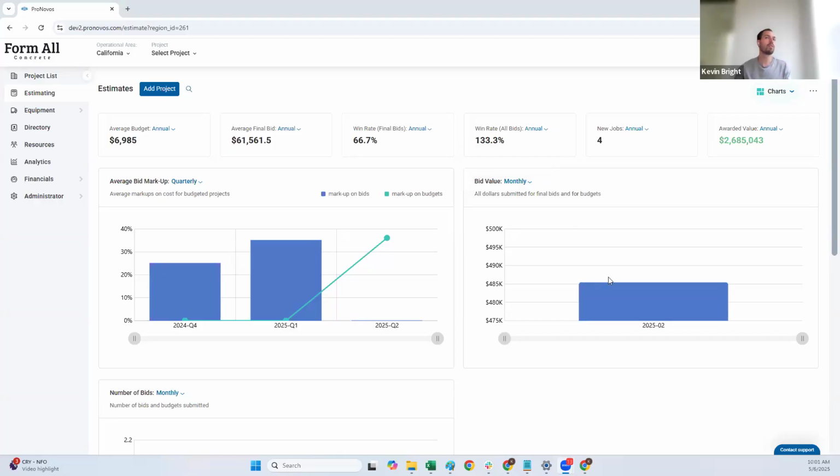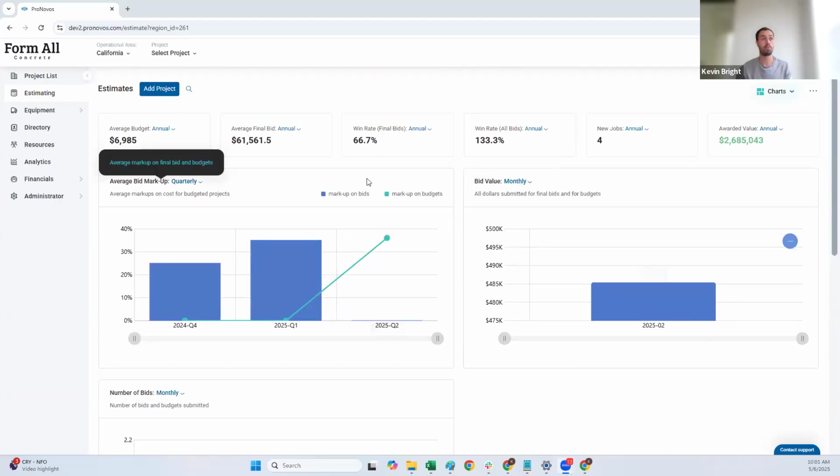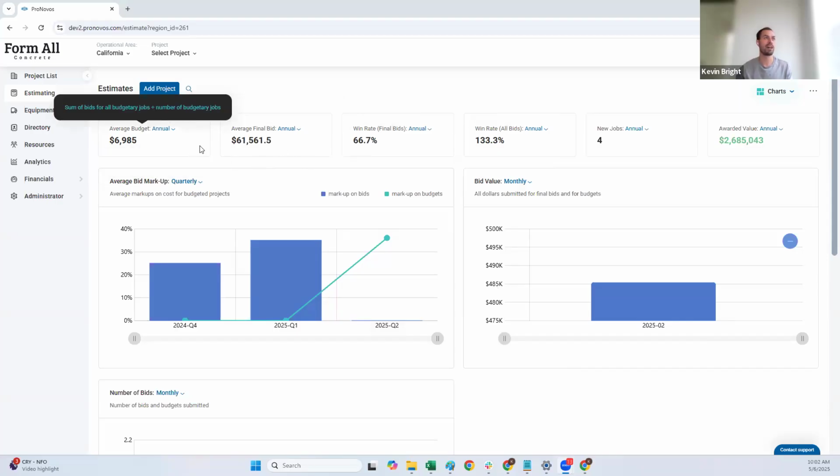Yeah. So the first thing you'll see when you go to the estimating module, I should say not yet, but when we release it, is up at the top some KPIs that tell you how you've tracked against the different estimates and projects that you've bid on so far. For those familiar with the WIP or the cost forecast tool, we've tried to recreate the estimating module in that same style, not only listing the projects that you're bidding, but also giving you good analysis and analytics about how well you're performing with